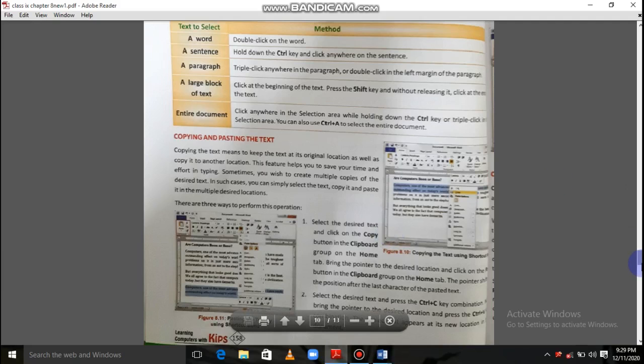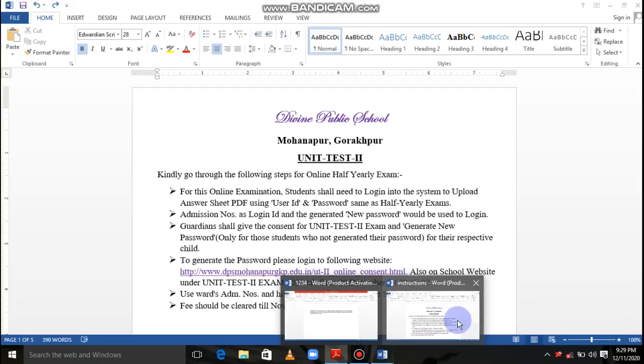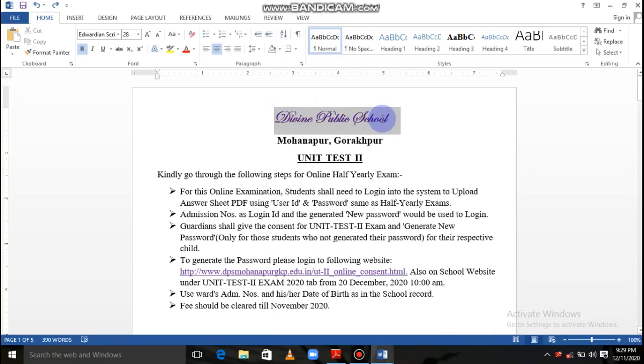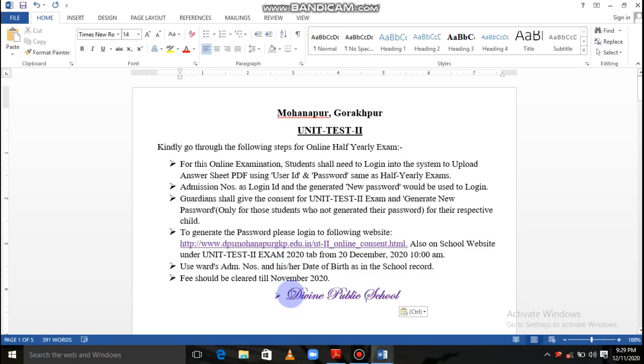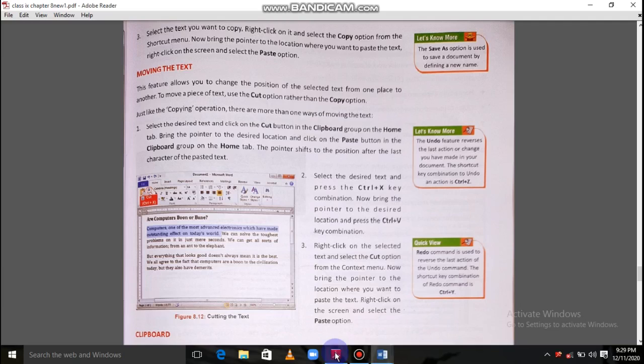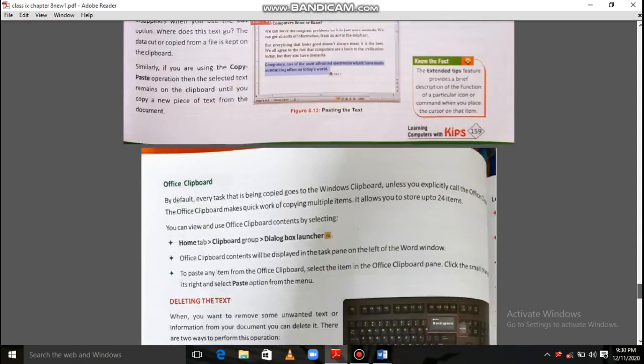Next that we have is moving text. How to move? For this, what you need to do? You need to select that text, whatever text you want to move, select it, Control X, cut, and wherever you want to put, just place your cursor and Ctrl plus V. So easily you can move the text. It was written here also, press Ctrl X, and at what location you want, press Ctrl V. Okay, next is